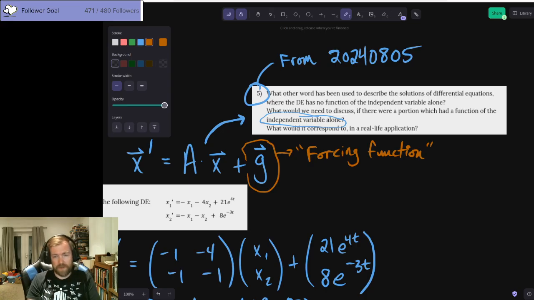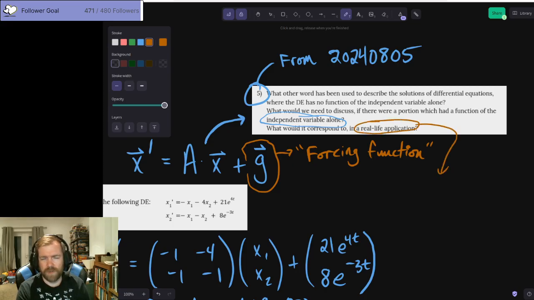So what's going to happen eventually to this system? We don't know yet. If we were to talk about a real-life application, this one's going to be a little awkward just because it's a first-order system, and so this is like our pond example, which is probably not going to go terribly well, but nonetheless.